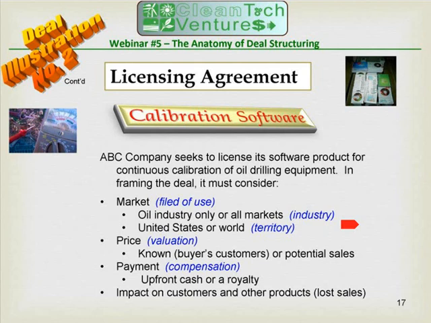Now, sometimes it's a common mistake in a license agreement to focus too much on the technology, and instead of framing the entire agreement around a market opportunity, around a specific field of use, it may refer too specifically just to the technology and not do a good job of talking about the markets. And that's a quick way to get into trouble, because there will be confusion somewhere down the road as to whether or not the licensee has the right to use the technology in a particular market. And as the technology shifts or market shifts, then this confusion will typically lead to a problem at some point.